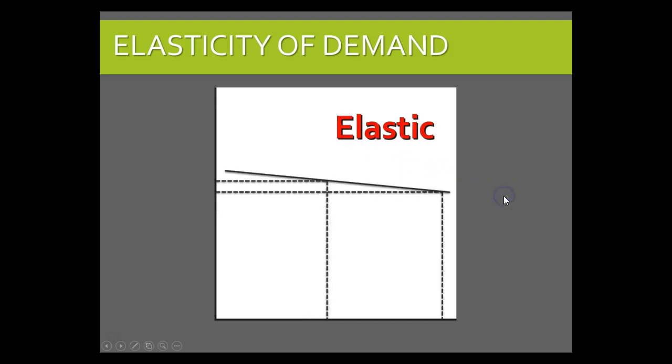The alternative is what we call elastic. In an elastic demand curve, we see that there is a very big change in quantity demanded with a change in price. So here, if we go from the lower price to the higher price, there's a very small change in the price of the good, but a very large change in the quantity. So when the demand is very responsive to price, we say it's elastic. And the way to remember that it's elastic is that when the demand curve is horizontal, it is perfectly elastic. It begins to look like the arm of the letter E. So that's the way to remember it when you look at a graph.